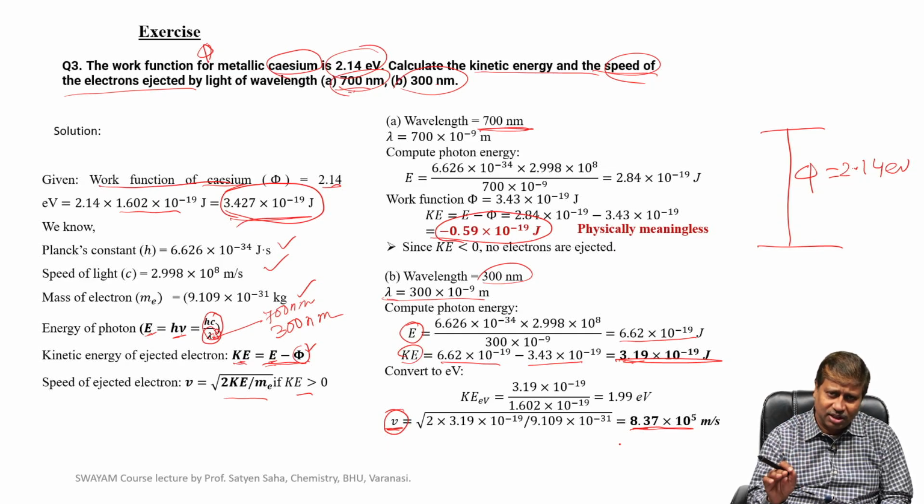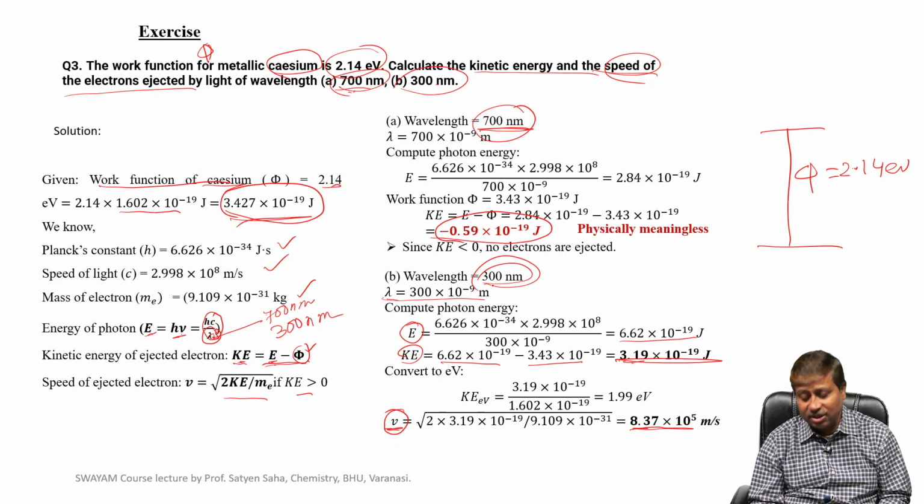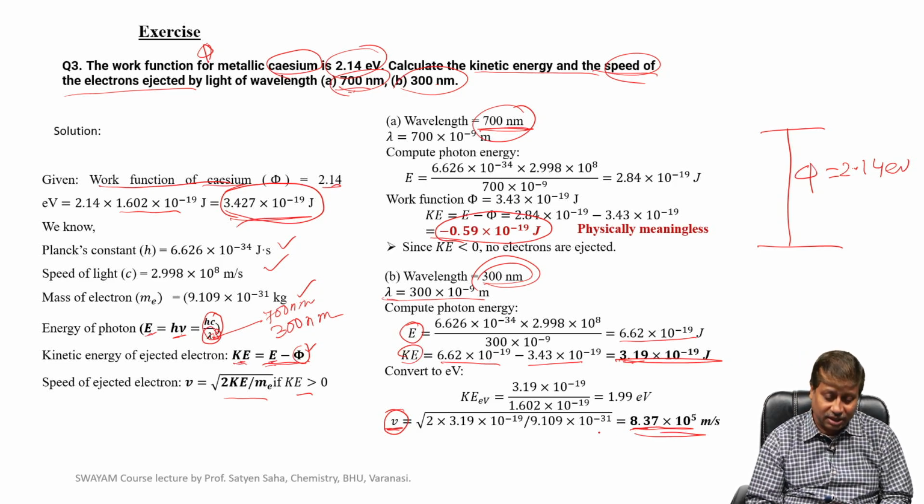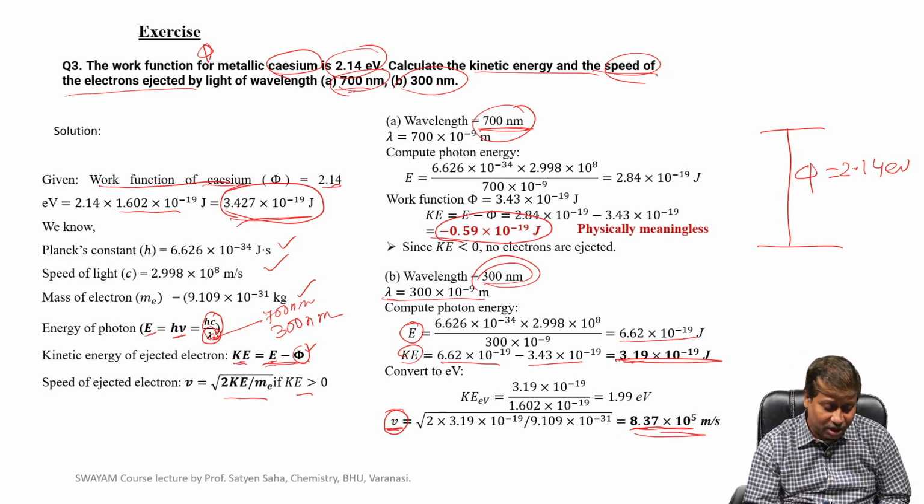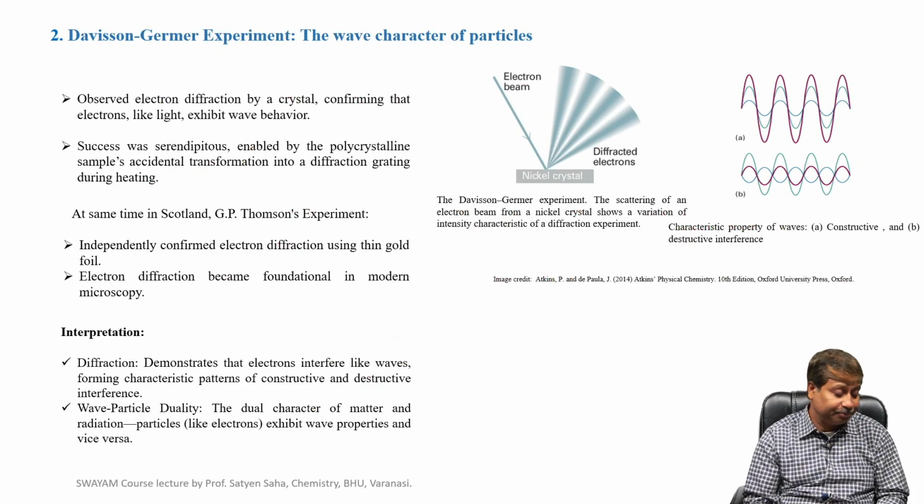If it is less than that, it will not do anything. 700 nanometer is less energetic light, so nothing is happening, and if you give 300 nanometer, yes, the electron is ejected and its velocity will be 10 to the 5 meter per second. So this is a good example to understand